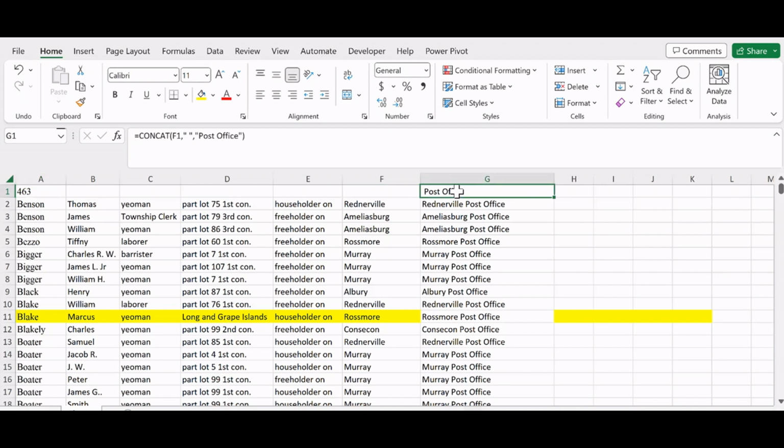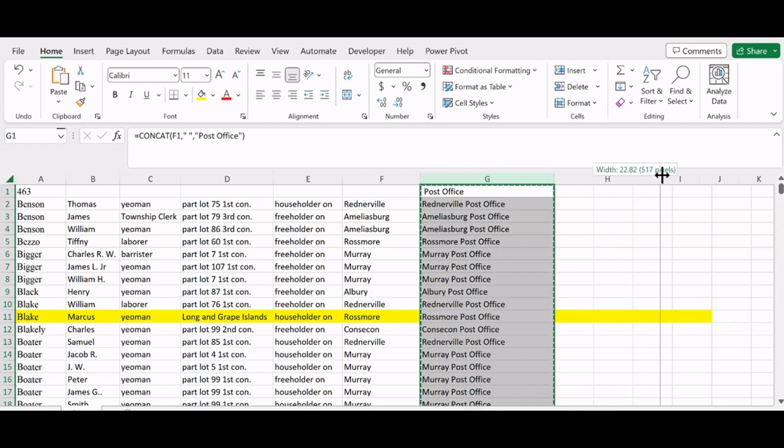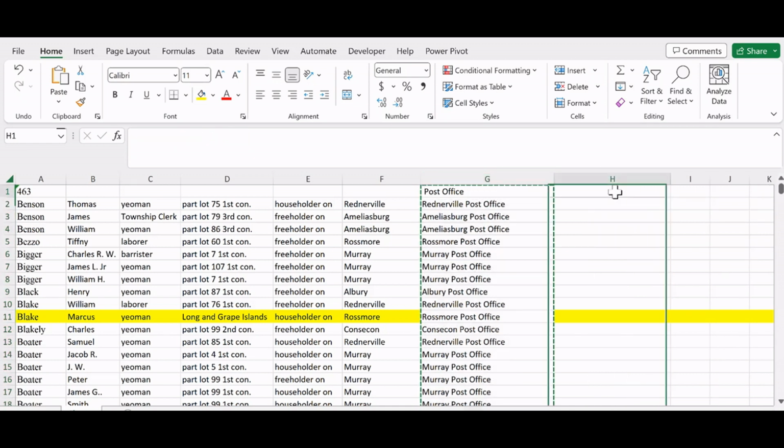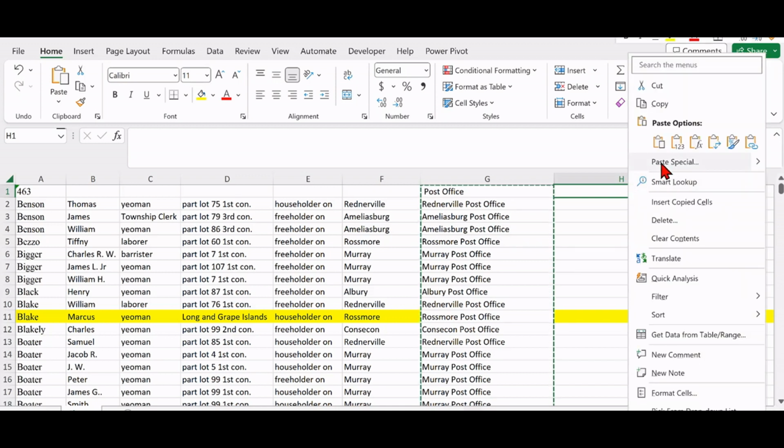We don't need this, although we will be putting that up there. What have we got here? I'm going to put that back for a minute. We've got the function, the formula that produced the result, right? That's not good enough. We need the actual values. So we'll copy that whole column, and maybe we can just put it over here for the moment. That's probably not quite wide enough. Let's go there. And we're going to right click, left click on paste special,